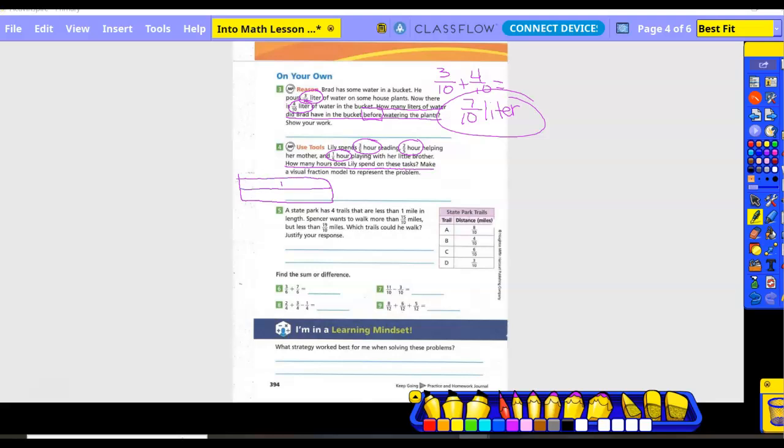How many pieces am I splitting it into? What's my denominator for all of those? 5. So 1/5. Okay, so for the first one I shade in how many? 3. The next one I shade in how many? 2. Do I have enough to shade in another 1/5? Nope, so I need to draw another model